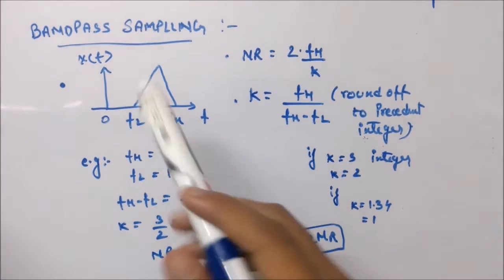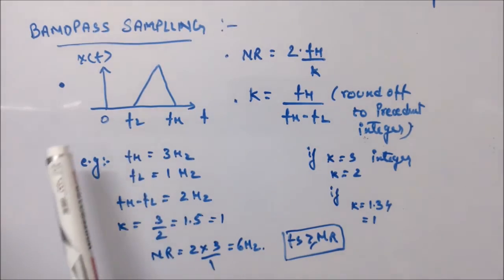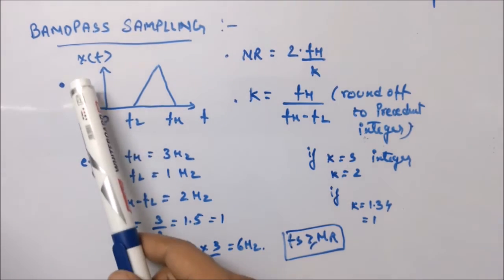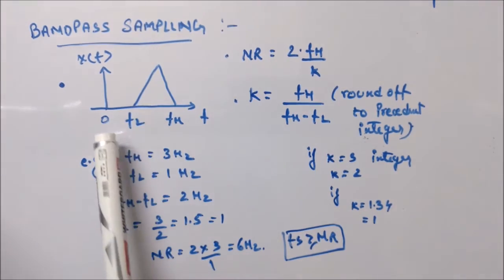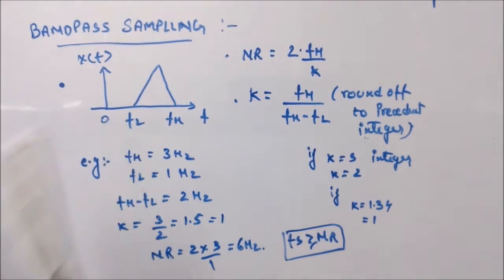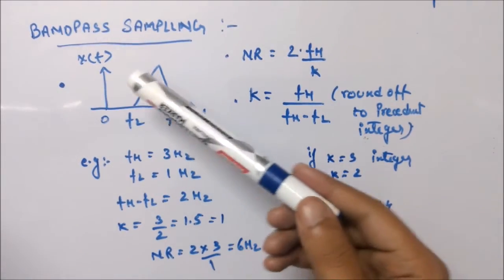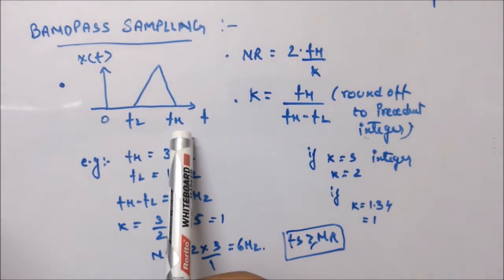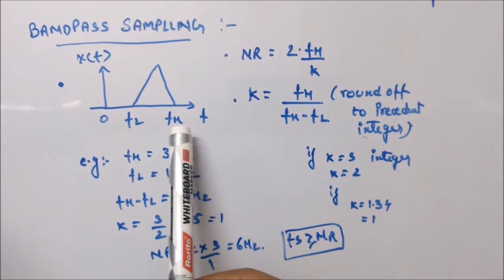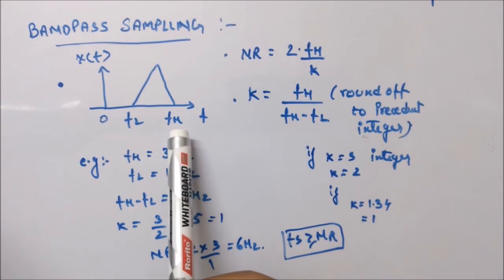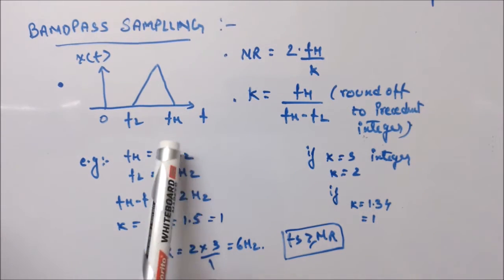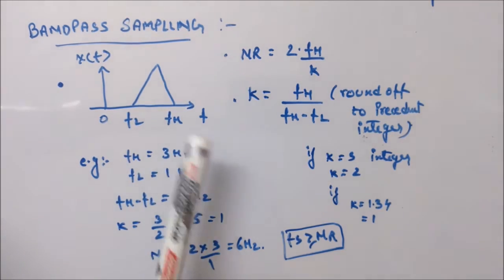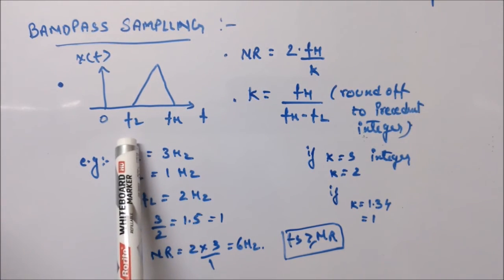So okay, now we will do the band pass sampling. You have, let's say, the sampling band pass signal, the frequency response is given like this. You can see 0 is not included in the frequency response, it is a high frequency signal. So it has a maximum value in f, that is called fh, and then there is a minimum value in f where the function is defined, that is called fl.